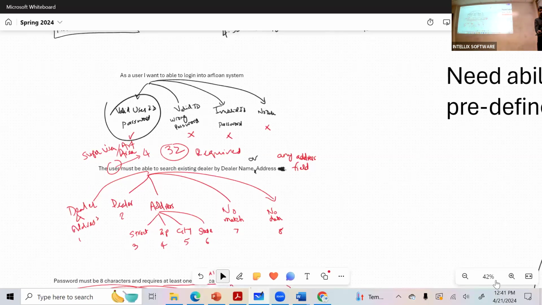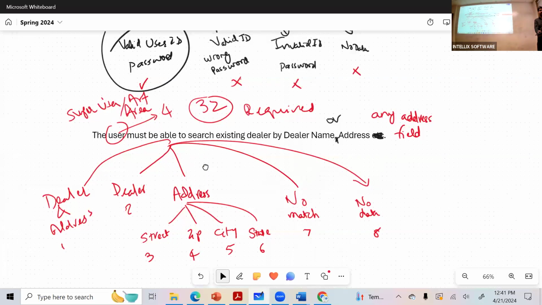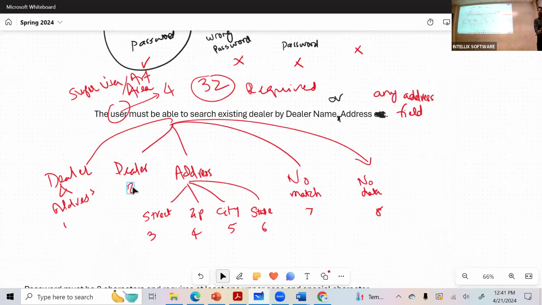This one, okay? Dealer should be able to search existing dealer by dealer name or address. Okay, let's search it by dealer name. Search dealer by dealer name scenario.